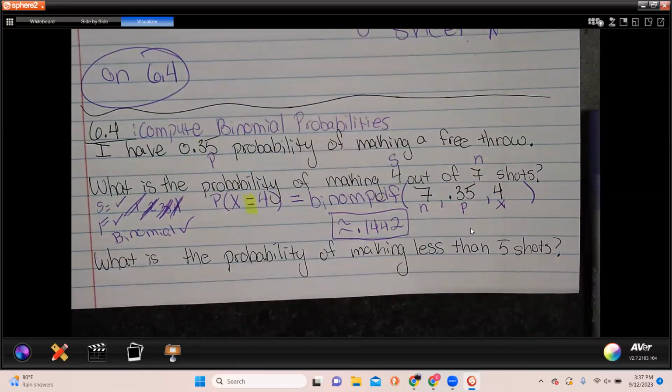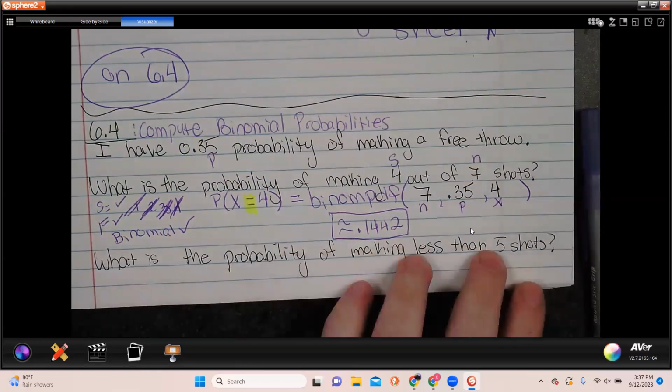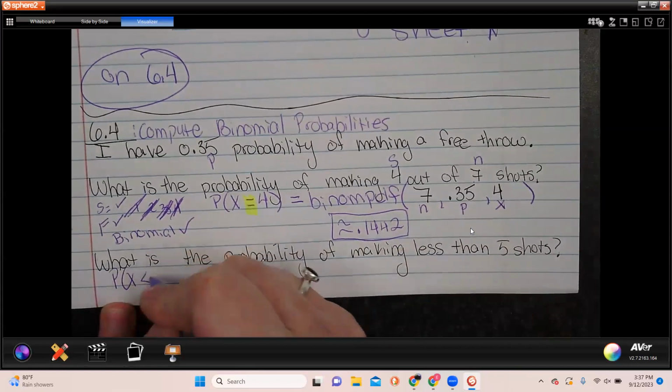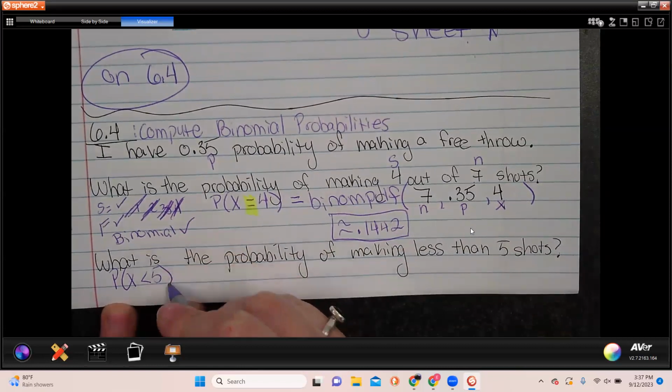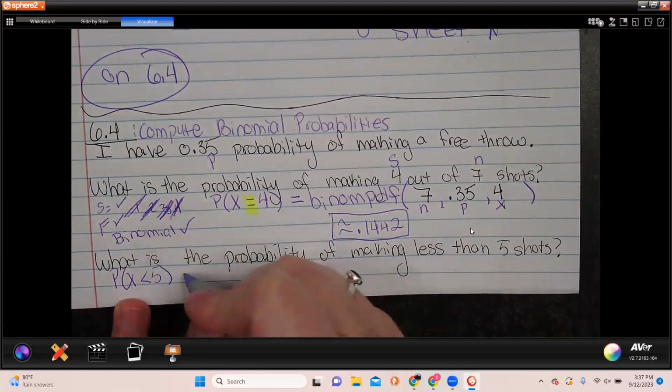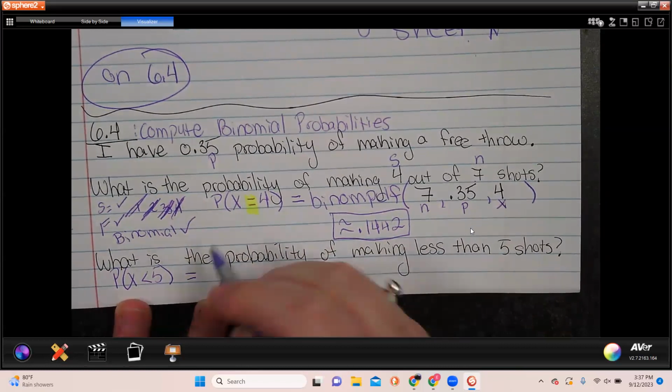Okay, so I have a second piece of this. What is the probability of making less than 5? So this is the probability of making less than 5. I don't have to check again if this is a binomial distribution. I'm on the same situation. It is still definitely a binomial. But if I'm getting less than 5, this means I will get